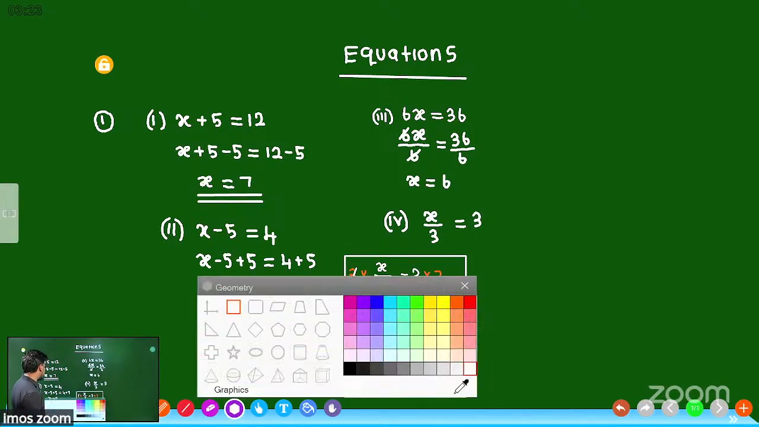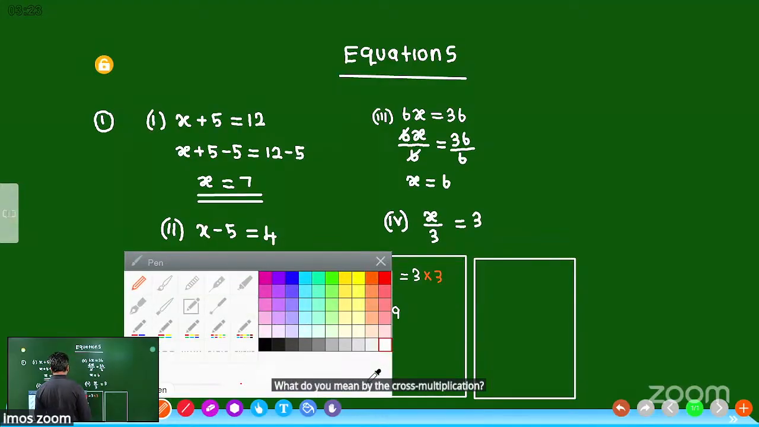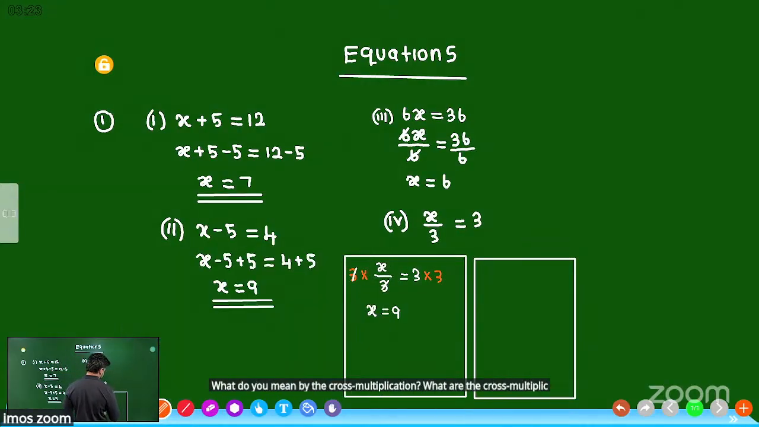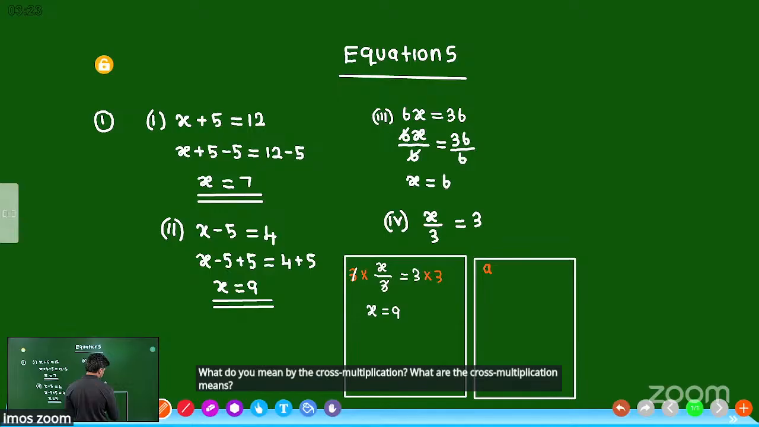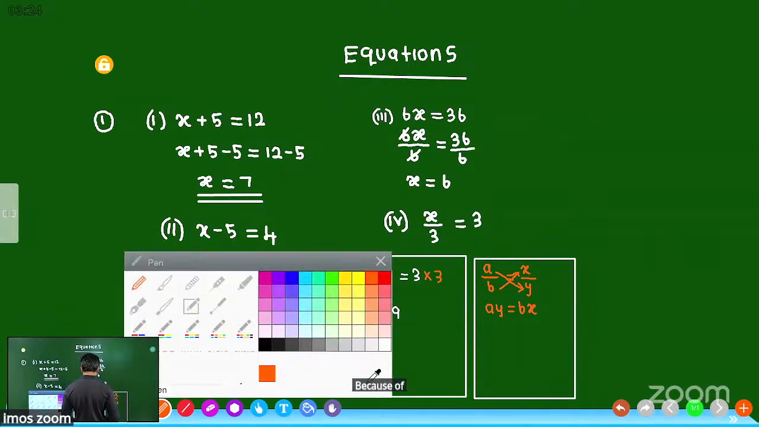And also, Buddha, we can go for cross multiplication. What do you mean by cross multiplication? Buddha, cross multiplication means if a over b is equal to x over y, right? Then a into y equals b into x. You already know that. ay equals bx. Right? Because of that, so here,